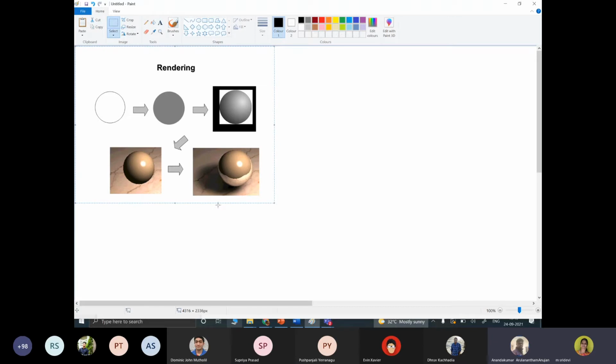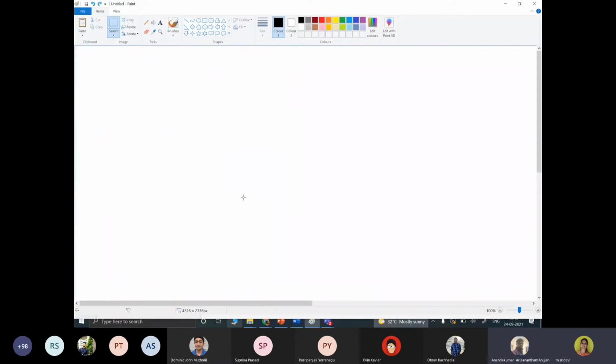Before talking about how we are going to make this, what is the concept behind rendering, we will discuss in this class. So it's a process of creating an effect of light, shadow, as we said, lighting effect, shadows, or textures, all those things we are going to generate so that it is going to provide you a better image or a realistic image.